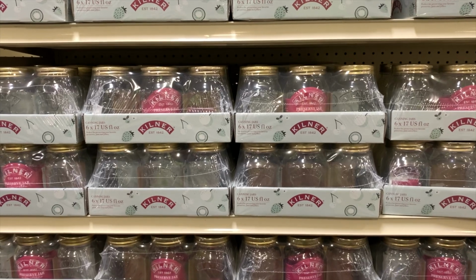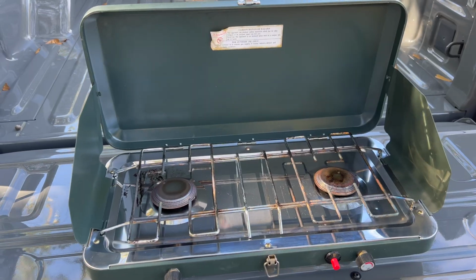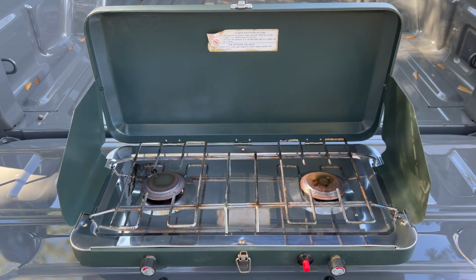If you have canning supplies, then you may want to preserve as much food as possible with those. That'd be a very good way to use a camp stove and any small amounts of fuel that you have on hand. Just be careful to avoid drawing attention to yourself while you're doing that, because that could be a security concern, and we'll talk more about that in a minute. But if you know what you're doing and you can do it safely, then you may be able to preserve at least some of your meat,